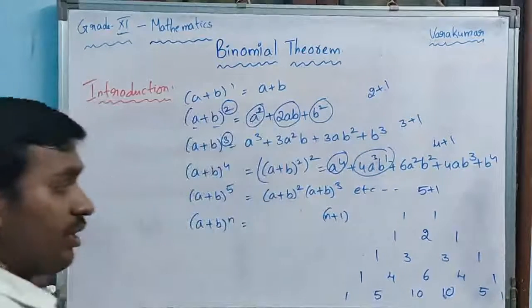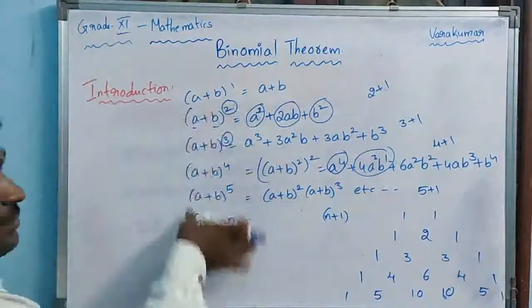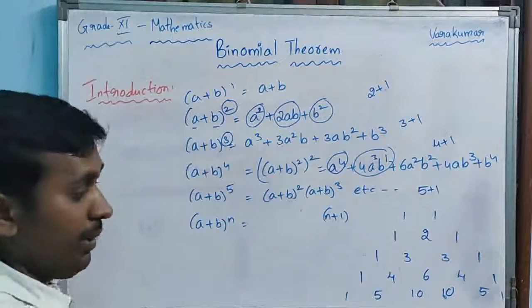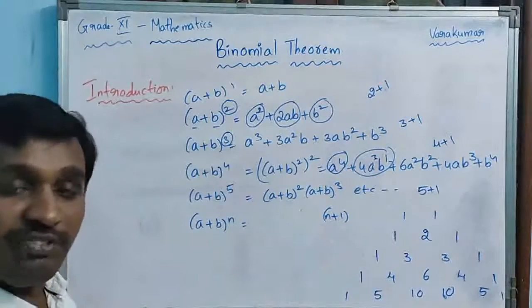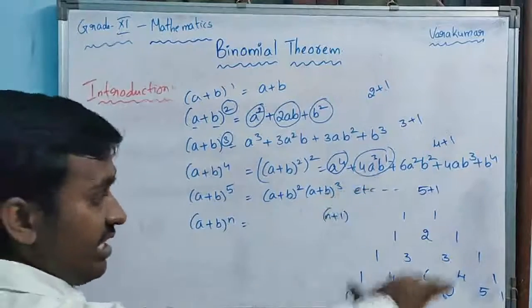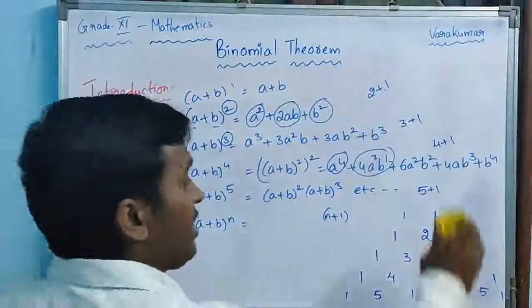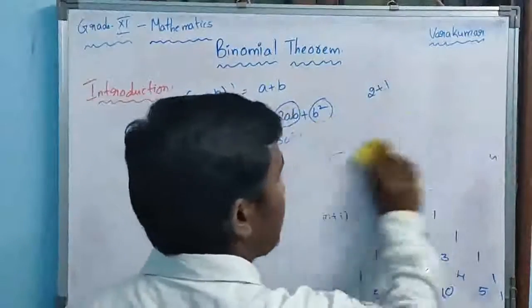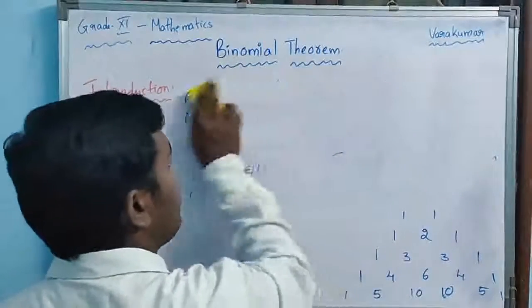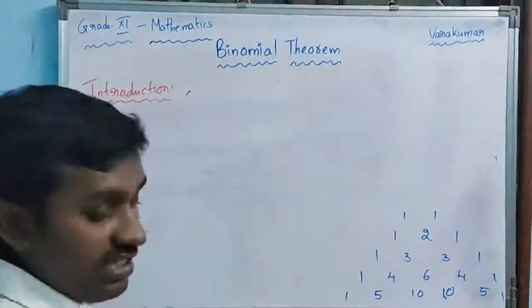So you may have a doubt why, how I am getting this. See, here is the expansion, I have done it. But here from that simplified one, this is actually looking like a triangle structure. So this is given by Mr. Pascal. So that's why this triangle is called the Pascal triangle.